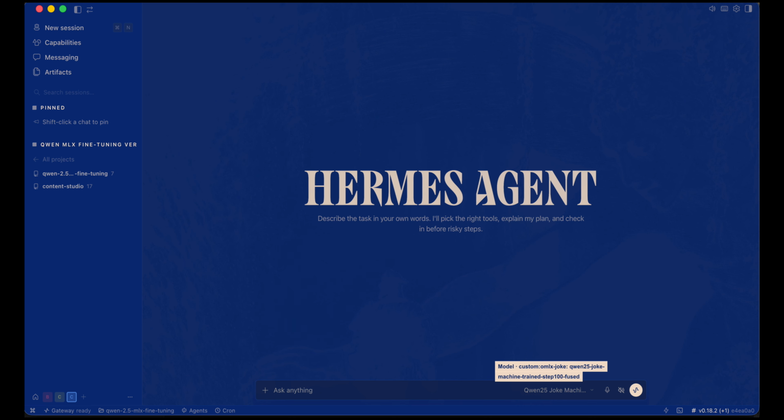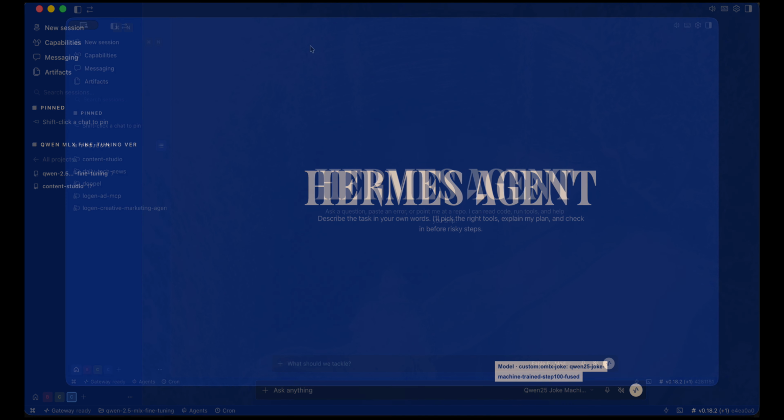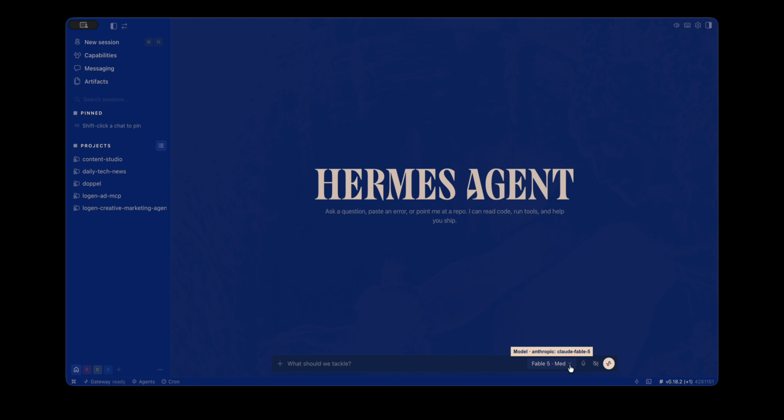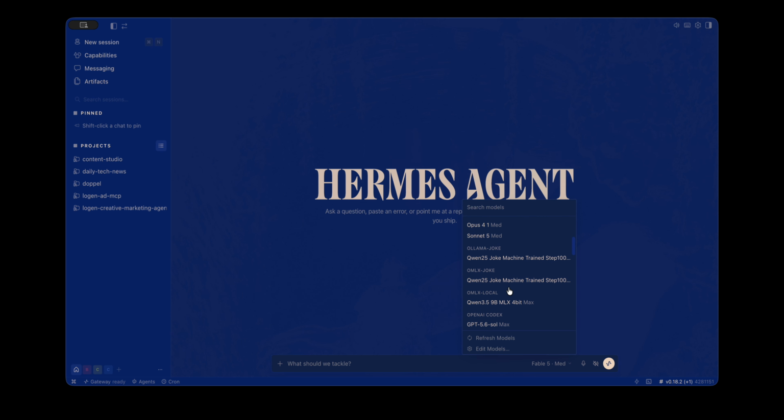The final layer was Hermes agent. This test was for people who want the model inside an agent workflow, for example, an assistant that receives meeting notes, calls a business tool, and prepares a CRM entry. Here, success means more than producing the right text in a terminal. The model alias, provider, context, reasoning settings, and fallback behavior must also be correct.